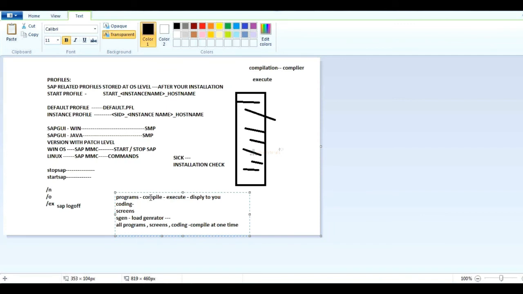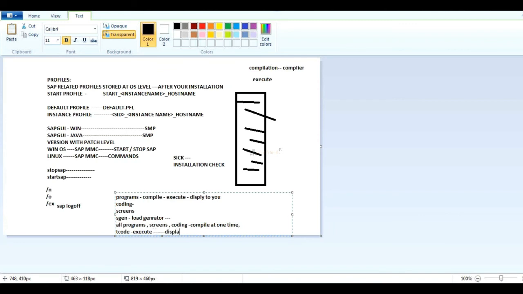Once SGen is completed, whenever you call a T code next time, it will not compile again. It will directly execute the screen and display the output.